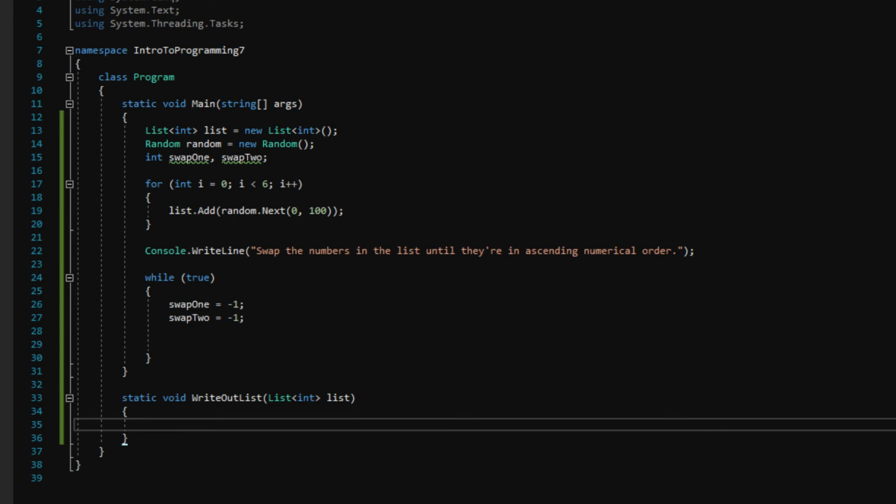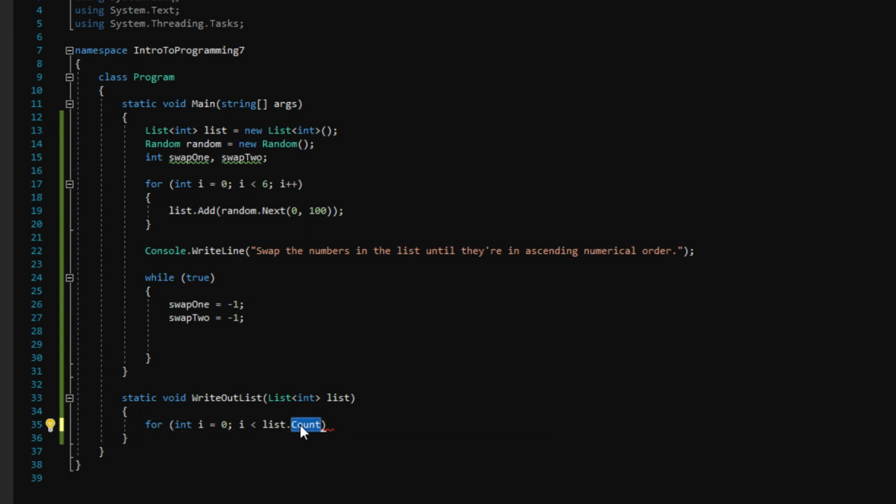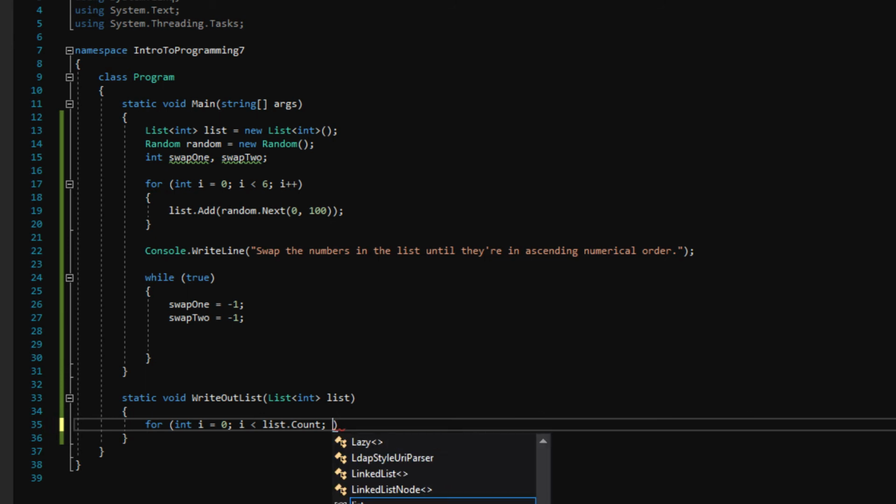Let's start by iterating through this list. For int i equals 0, we want to run this loop for as long as i is less than the size of this list. And we could say we want to run this loop for as long as i is less than 6, but this variable right here, list.Count, that will always be set to however many items are in the list. So let's use that because that's more dynamic. Maybe the list gets changed and there's 8 items in it next time, and this will automatically adjust for that. Let's say i++,